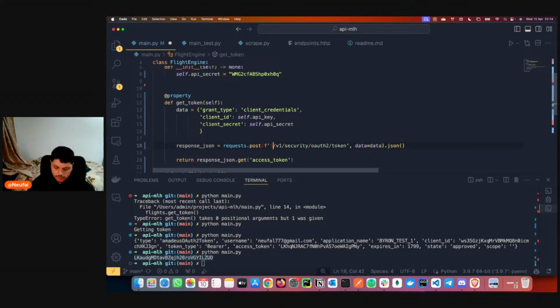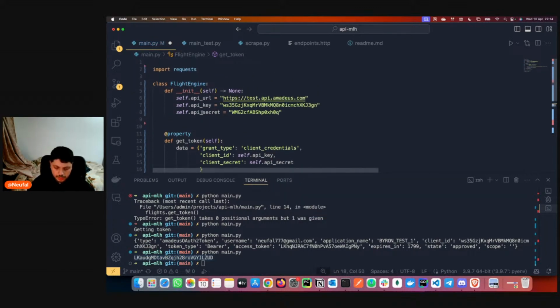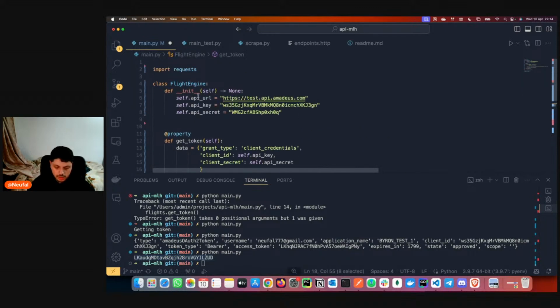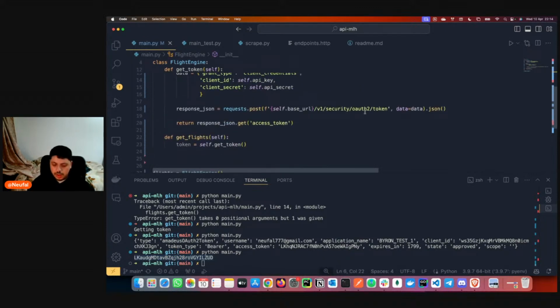And here you can use basically self.API URL, okay? Or we can use base URL, just change this here. Okay, so basically to make things smoother,